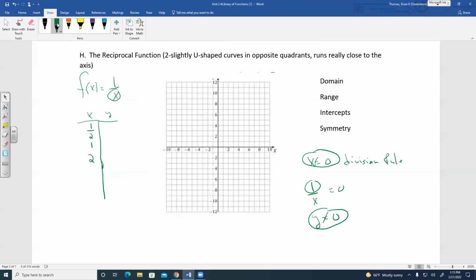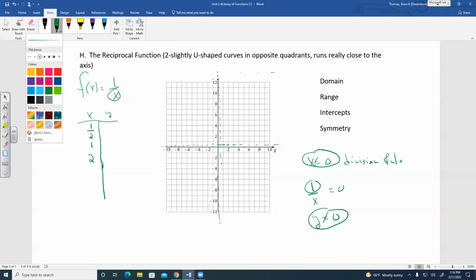So what happens here off the bat is when I draw this reciprocal function, there's going to be this boundary of the x-axis because y cannot equal 0. And we also have the y-axis as a boundary because x cannot equal 0. So when we graph this over here,